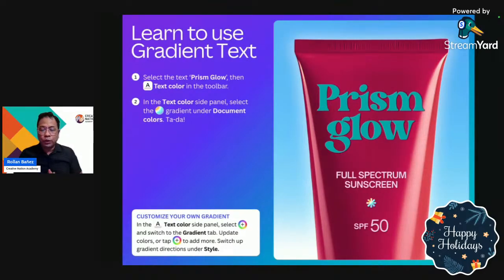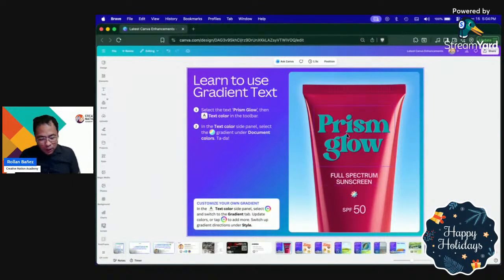We're going to learn something new in Canva, and I'm just going to start with what we call gradient text. So what happens when we're going to use this gradient text? I'm just going to exit out so you can try it. I have this presentation, and right now, I can easily click on a text. And what happens here is that before, you can use what we call colors, and also